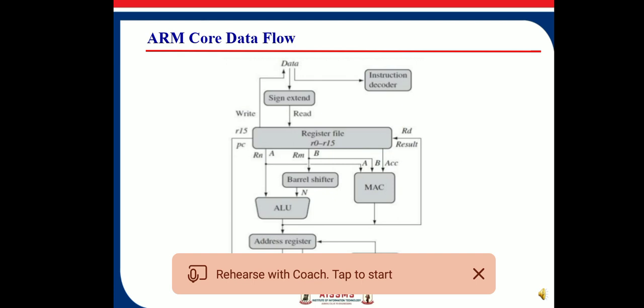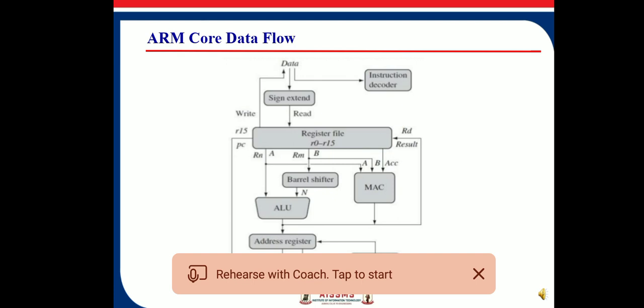While designing a new system, selecting the correct processor is one of the most important selection criteria. Here, as shown in this data flow model, it consists of the ARM 7 core and how data moves between its different parts. The ARM 7 core data flow model shown here is the von Neumann implementation of the ARM processor.